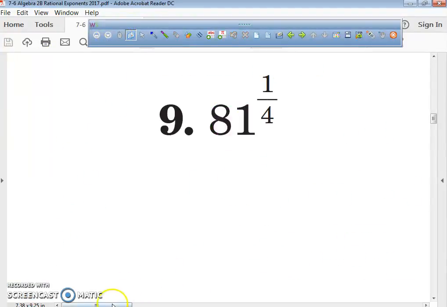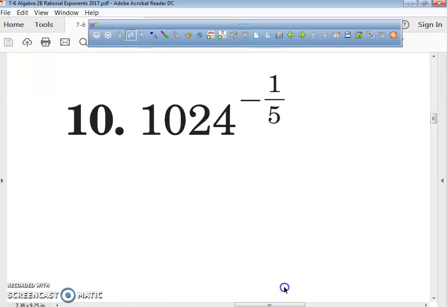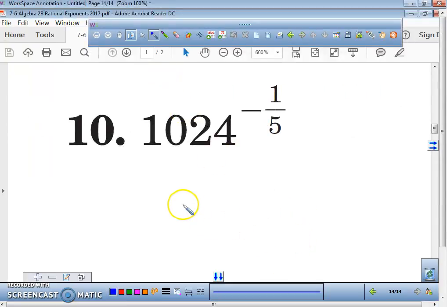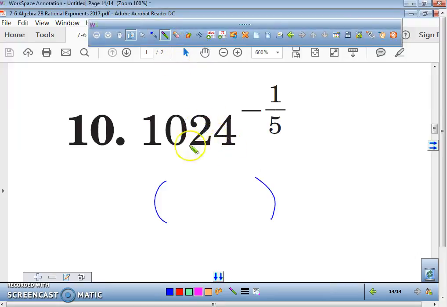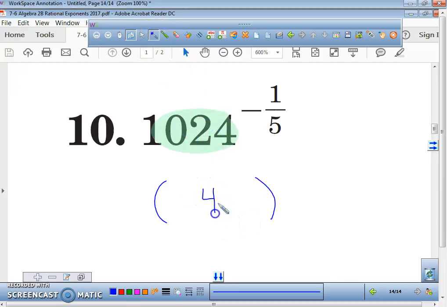All right, we're going to go ahead and move on to number 10. Right now, I'd like you to write the number 1024. I want you to look at your little table that we created and think, is there another number raised to a certain power that equals the number 1024? What is it? That's right, 4 to the power of 5. These mean the exact same thing. Remember that table we made in your journal? This is where you're going to use that table to help you. So we have 4 to the 5th is equal to